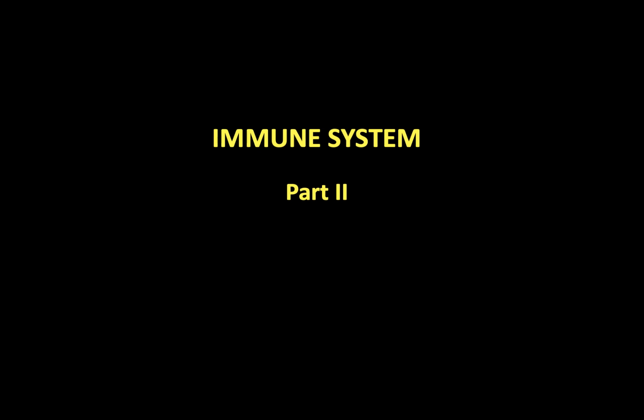This is part two of the immune system. And I'll try to make some sense out of some of the things I talked about during the first part. That is, talk about some of the interactions between the cells of the immune system, the stimulation of some to divide and proliferate, and also talk about some parts of the immune system in different places in the body and how they react to antigens, and then sometimes